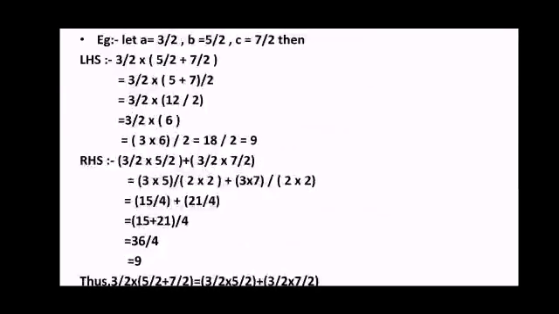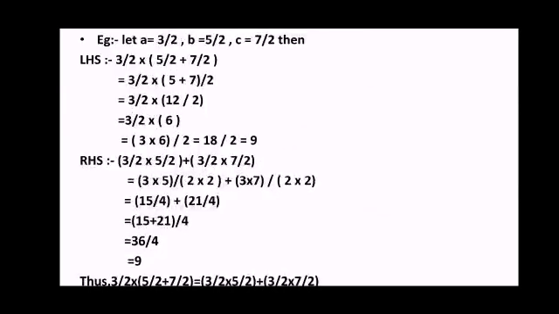If a value is 3 upon 2, b value is 5 upon 2 and c value is 7 upon 2, then LHS means a into b plus c. A value 3 upon 2 multiplied by 5 upon 2 plus 7 upon 2 in bracket. As we know, the BODMAS rule says first solve the bracket part. In the bracket, denominators are same, so numerator addition, 5 plus 7 is 12. We get 12 upon 2. On simplifying, 2 ones are 2, 2 sixes are 12, which is 6.